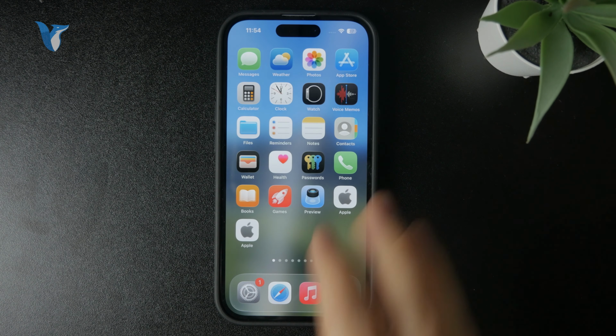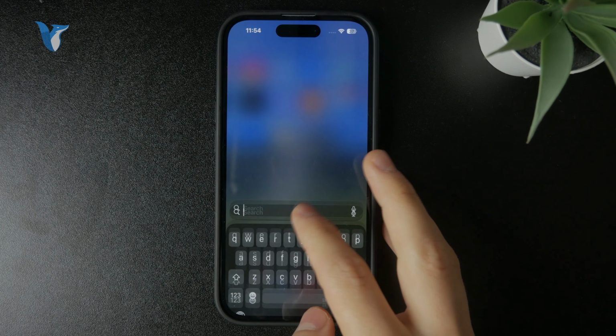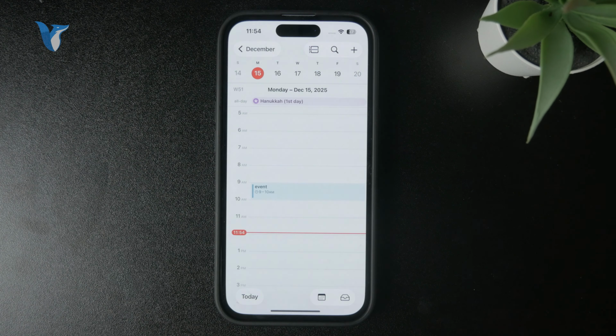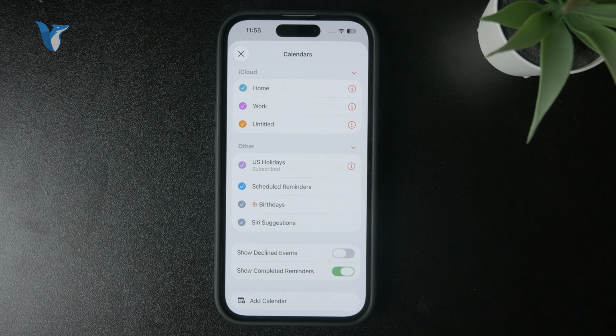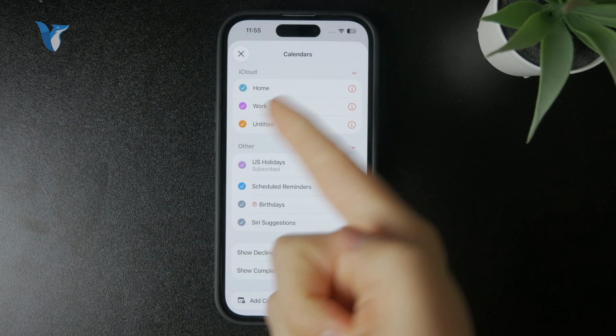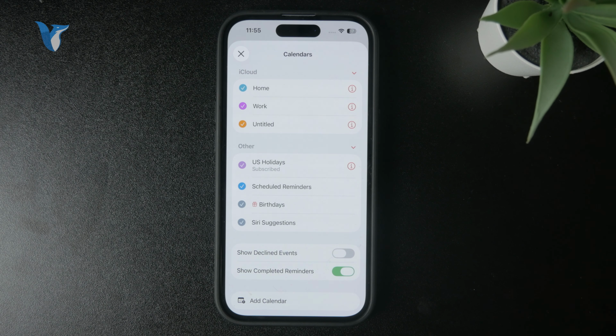Anyways, you go to the calendar app as usual, you open it up and you need to just click at the bottom on the calendar icon within the calendar, and it's going to show you the different types of calendars you have, right? For example, in my case, I have the home, work, untitled, which is just an example, but